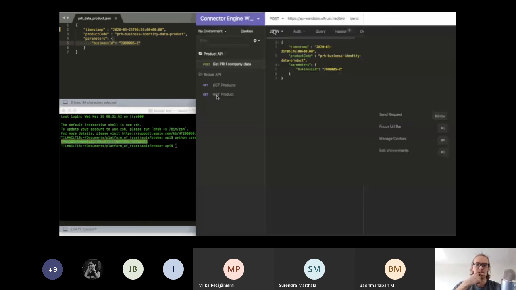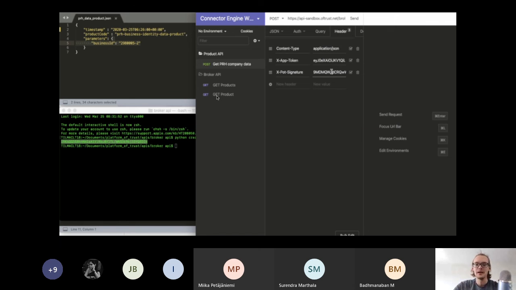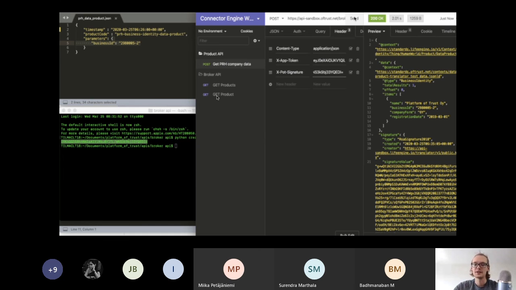I like to use Insomnia. Some people prefer Postman. There might be other options as well, but personally, I have grown fond of Insomnia, so I'm using it for this demo. And now, if I put the signature generated here in the headers, I already have my application token there. I send the request, and you can see that it returns the basic data from our company Platform of Trust